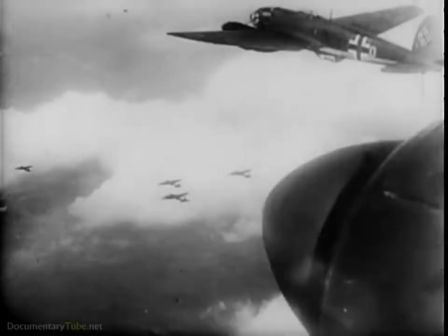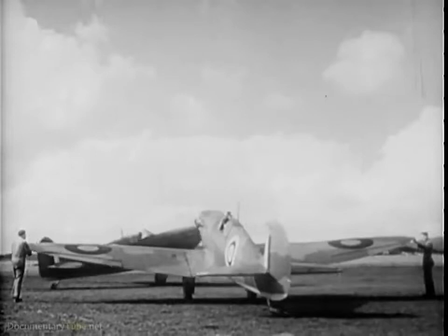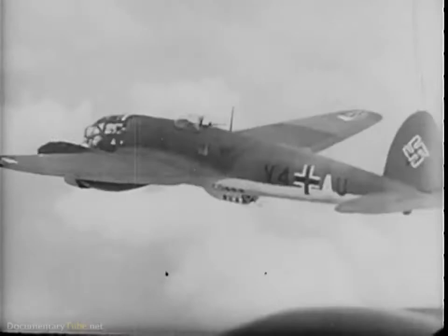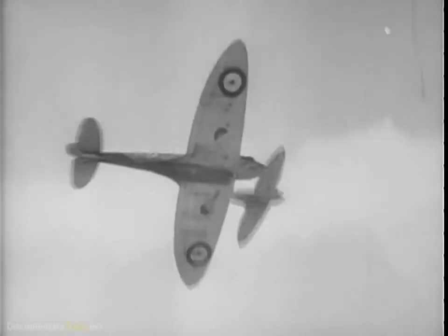As the attacking planes approached the British coast, fighters took off to meet them. And anti-aircraft crews manned their guns. The German squadrons found the British forces alert and ready. And in the following months of the Battle of Britain, the Luftwaffe